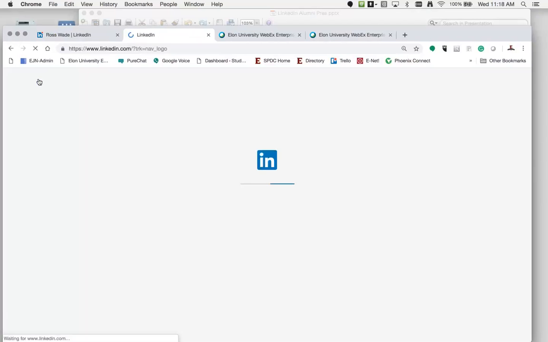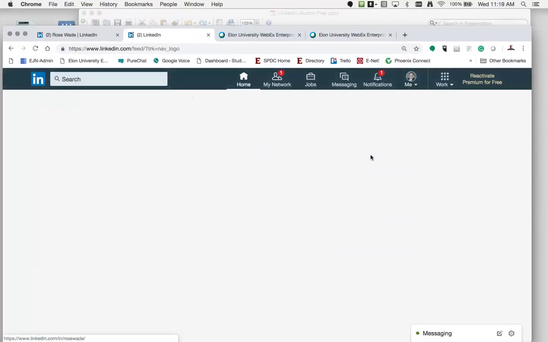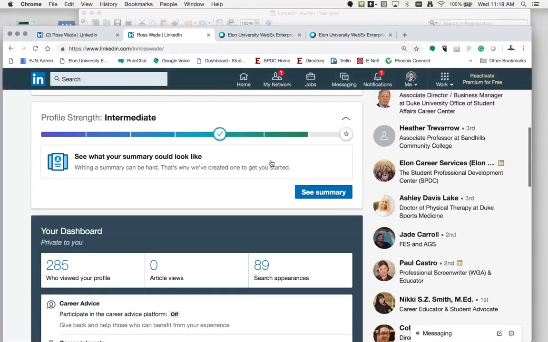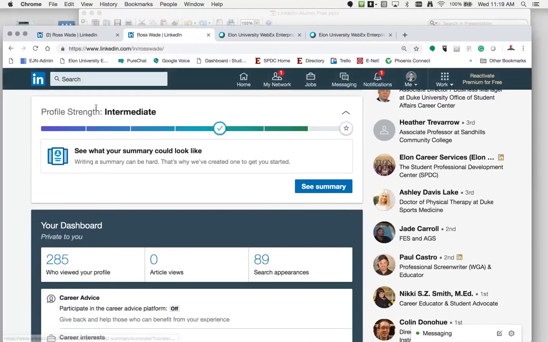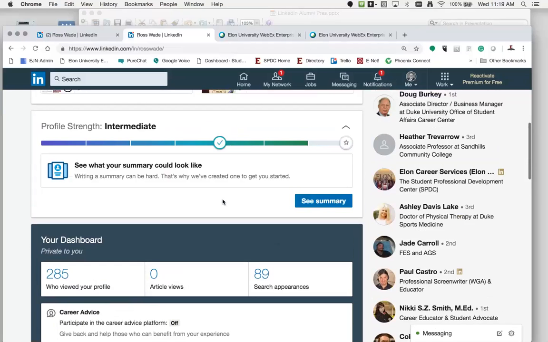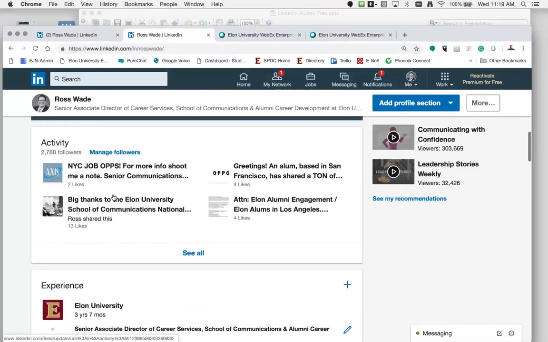So I'm going to go back home, and again, just to show you how to get back in edit mode, you go under your picture and then View Profile. As we scroll down a little bit, it gives you information. So here, it's given me intermediate strength just because I don't have a summary. And it wants a summary in there. And actually, now that I think about it, after a while, LinkedIn will send you a note saying, hey, this could be some possible verbiage for your summary. So if you wanted to use that, that's fine as well. They send me stuff like that all the time, but I just would rather have people look at my content than a summary. Activity, it shows things that I've been posting.